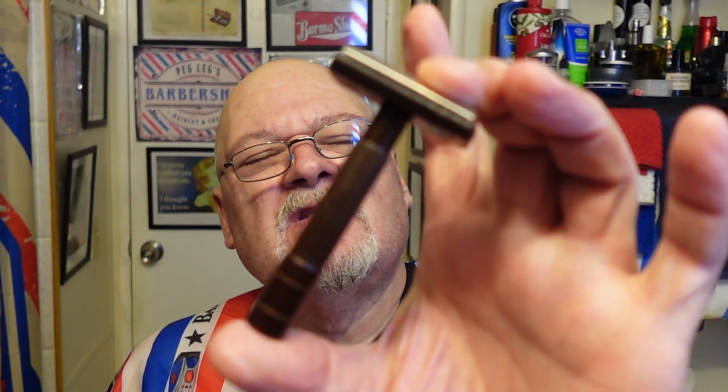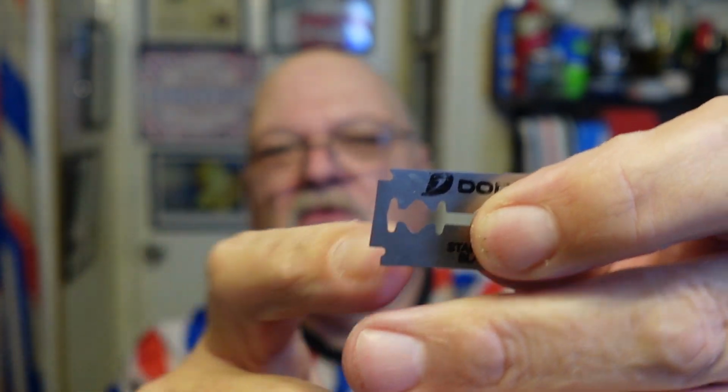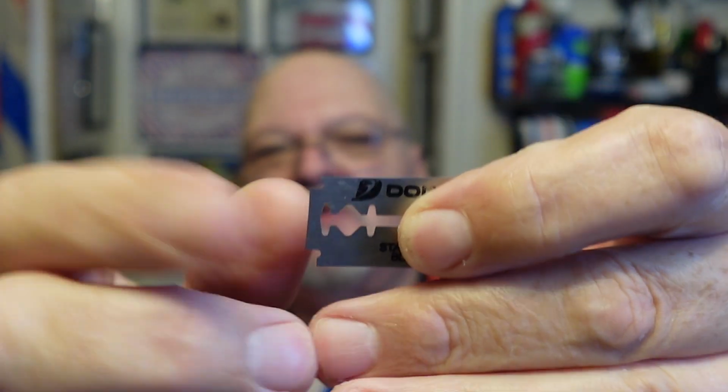As I said in the previous video, we are going to be using the Wardonia razor. Found out one thing when I went to put a blade in this, and I am using a new Astra blade. This is just a spacer I have. See the little points right here before this long slot on the very end of the blade? These points have to be trimmed off on both sides for it to fit the razor,